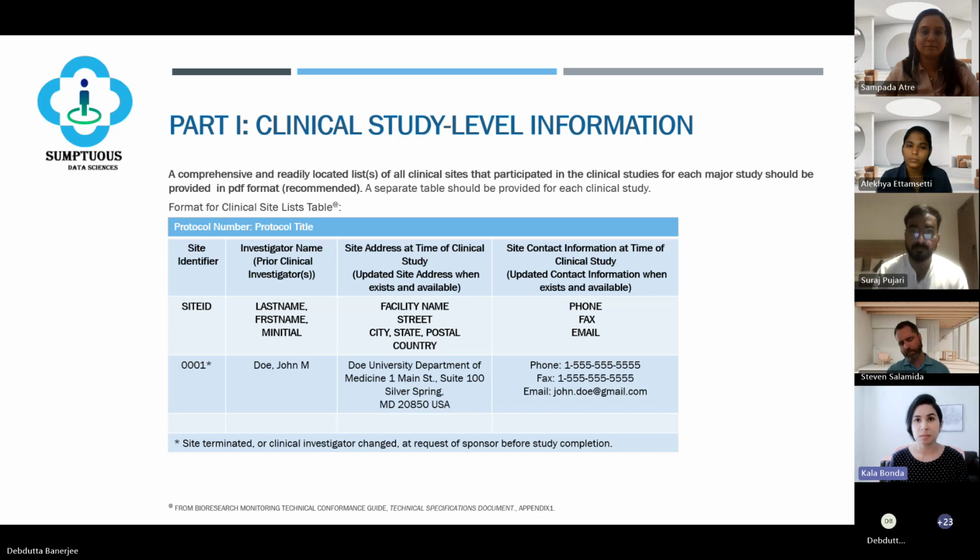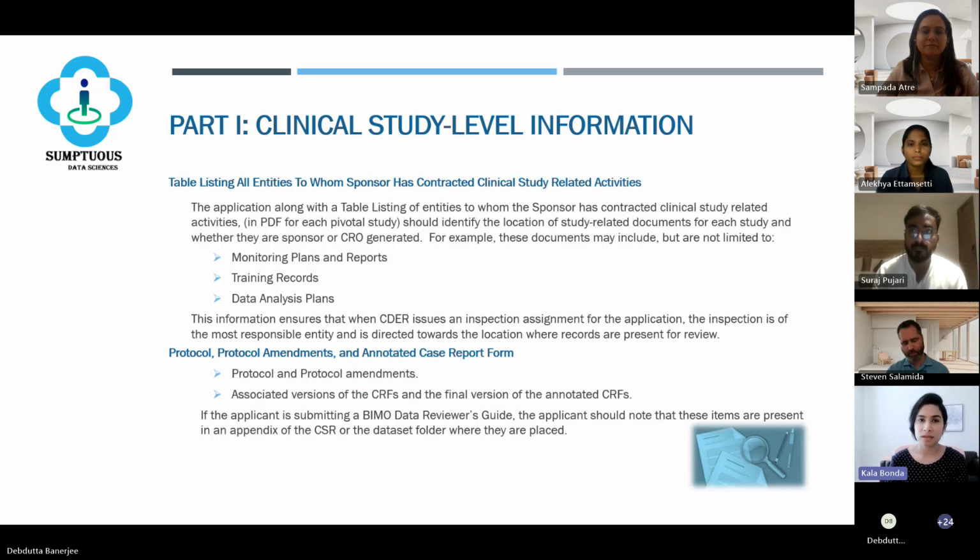If there are multiple studies that are pivotal, then we need to include another table for this. Along with this, we should also provide another list of, can we move on to the next slide? Yes, thank you. So along with the earlier listing, we should also include a table which lists all the documents